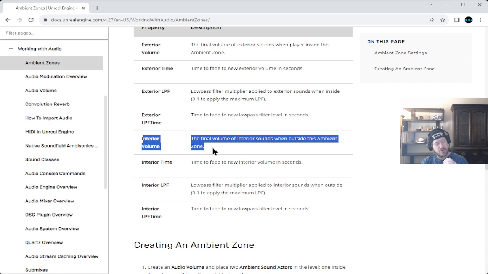But then you go even further out, from that medium box to the large box, and suddenly you can say, okay, we're not going to have an interior volume for that medium box. The medium box will have the sound equal to zero, so you won't hear the blacksmith anymore.